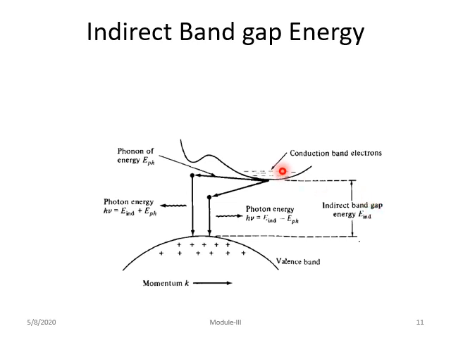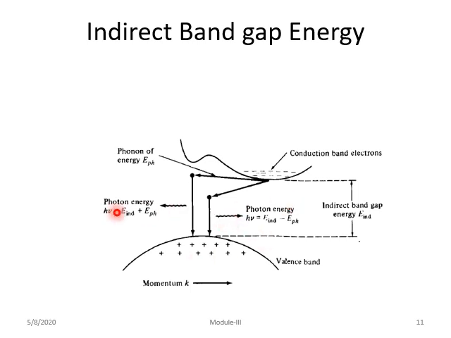A transition cannot happen directly from the conduction band to the valence band. The conduction band minimum and the valence band maximum energy levels occur at different values of momentum. So band to band recombination must involve some third particle to conserve the momentum, because the photon momentum is very small. So some extra energy is required to conserve the momentum so that it can reach from the conduction band to the valence band.